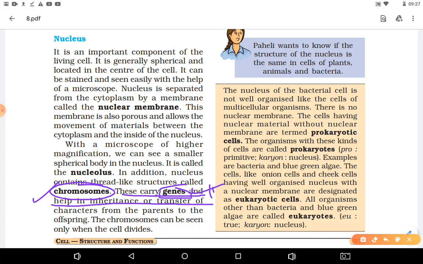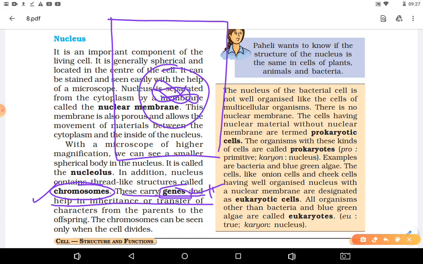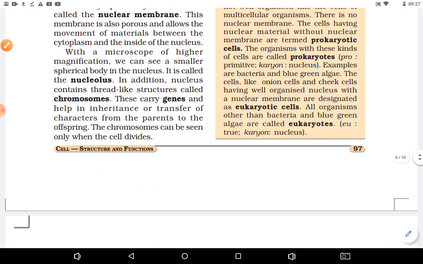And chromosome normally in the nucleus, if we see, this is the structure of the cell and this is the nucleus. Inside this nucleus the chromatin material is visible when the cell is not dividing, and the structure like this is visible only when the cell has to divide. Okay, then